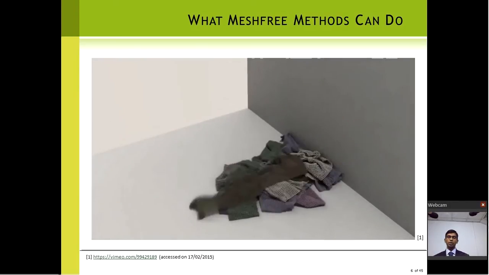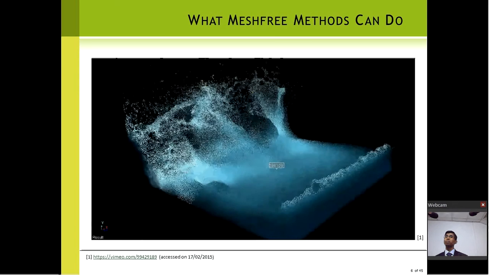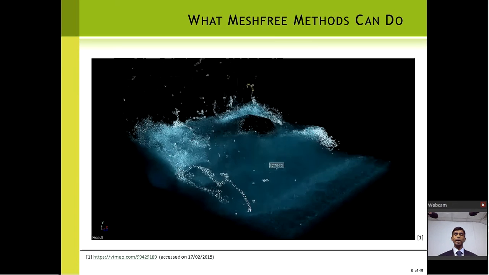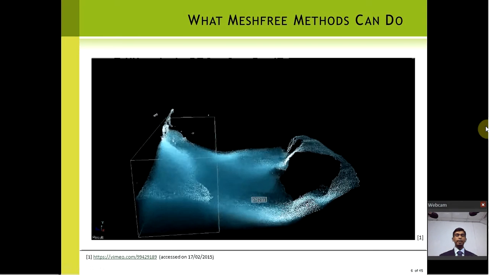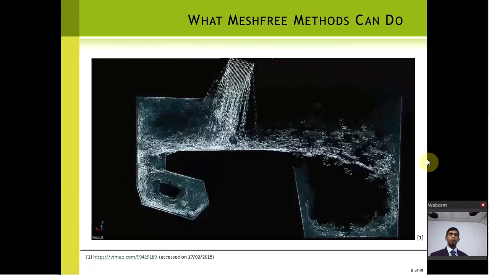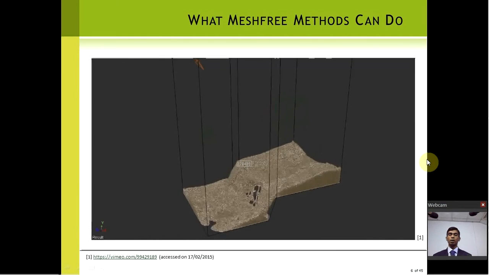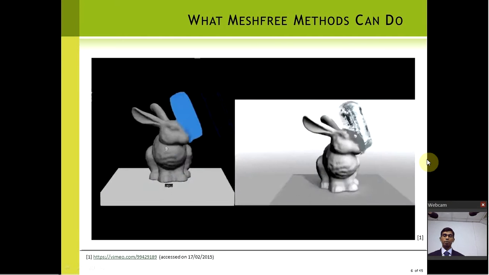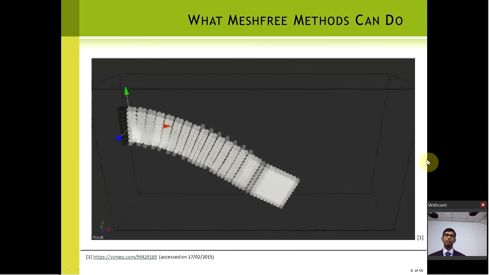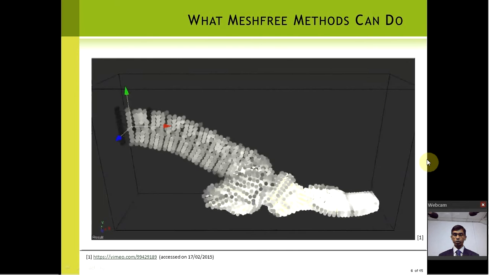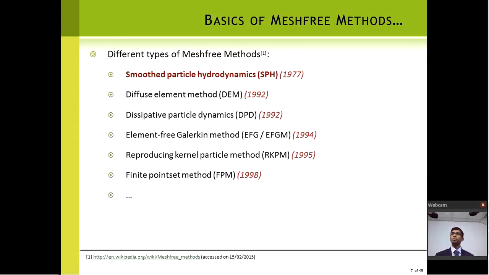Particularly for fluid flow, people use mesh-free methods because during a critical fluid flow, the particles undergo large movements and they deform. You can see bubbles coming out. With the finite element method, it's so hard. Like in extrusion modeling, you can even see. So a whole lot of applications are there.